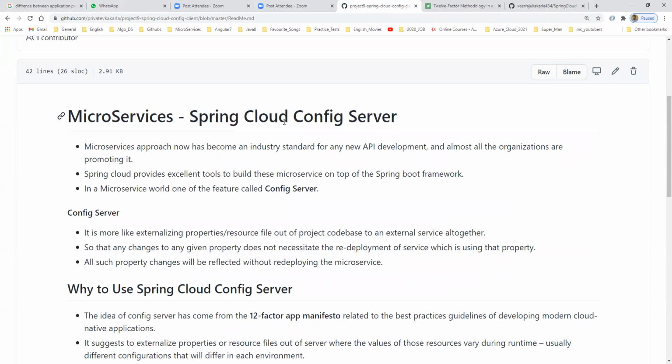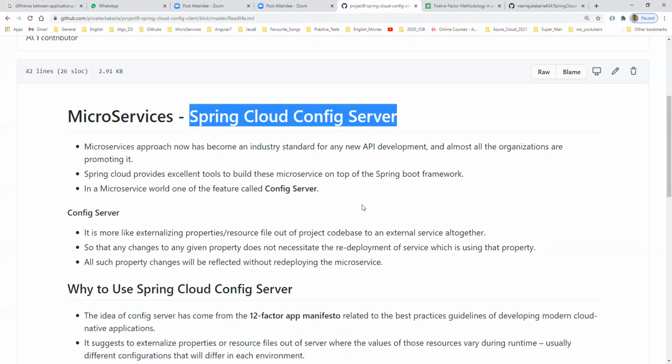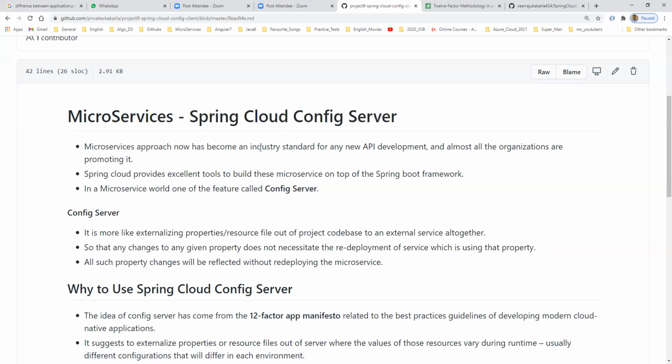Fine. So, microservice in a Spring Cloud Config Server. Now we are coming to one of the features called Cloud Config Server, Spring Cloud Config Server. Simply, how are we going to configure our configurations in a central repository? Whenever you are running your application, it should not need to redeploy if the configuration is changed, dynamically.